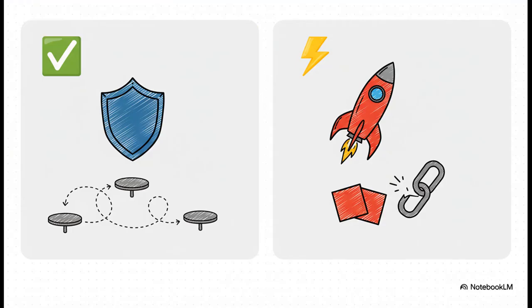And here it is, the big trade-off. With normalization, you get fantastic data integrity. It's reliable, it's easy to update, but the downside is that it can be slower to read information because the computer has to do all that work of joining tables. Denormalization is the exact opposite. You get blazing fast reads, but it comes at the cost of having duplicate data, and there's a much higher risk of things becoming inconsistent when you need to make updates.